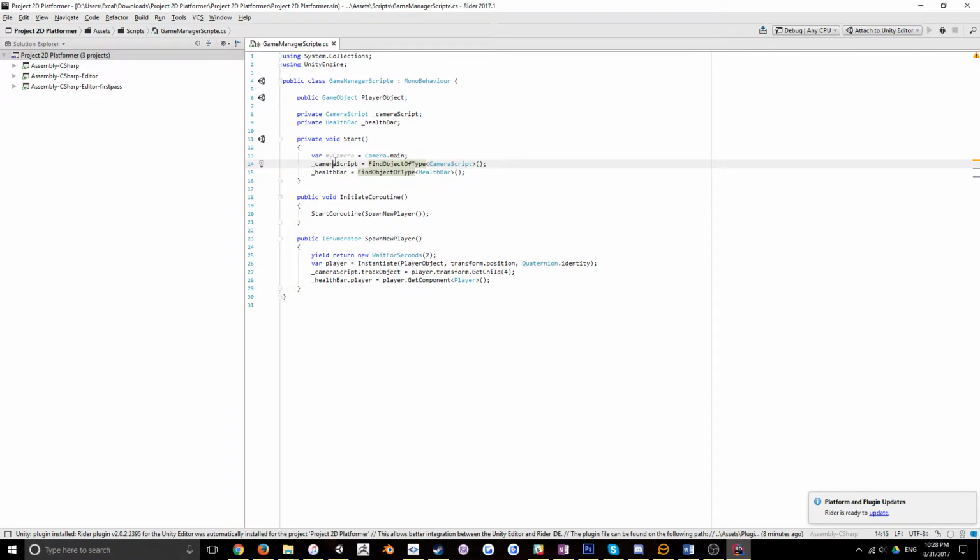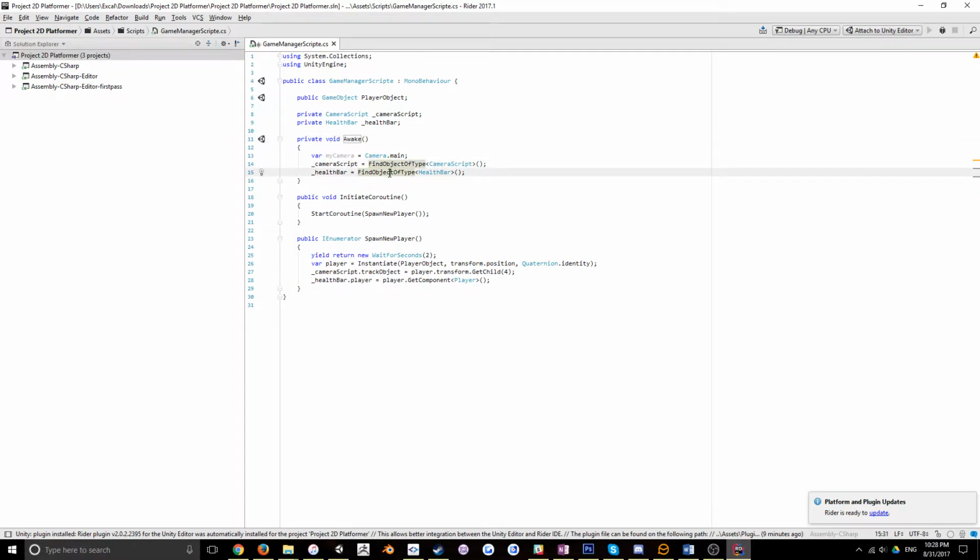What you honestly should do is you should either do this in awake. So this is kind of an execution order thing. Start is what happens when the game is running. In most cases, start is used for when the player can do things in the game. Awake is like, what do we do before the player can actually do anything? That's one way to think about it. Awake triggers before start. I don't want to get too deep into execution order of things, but